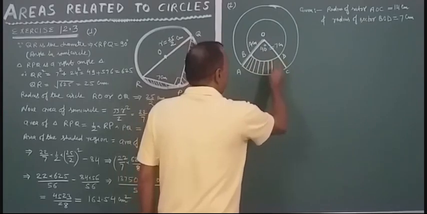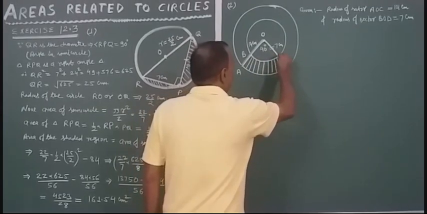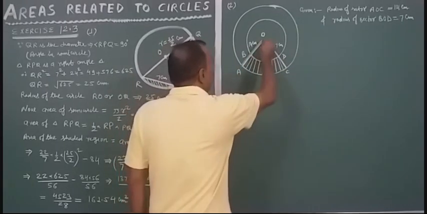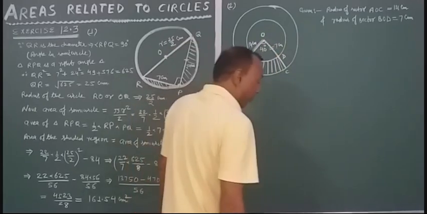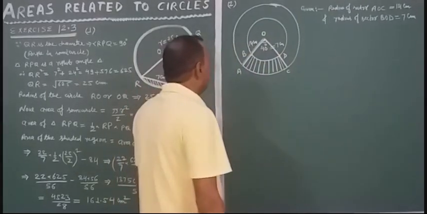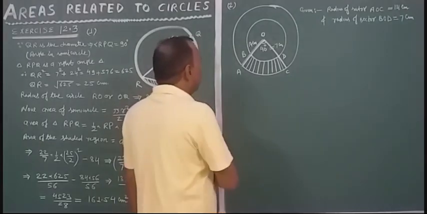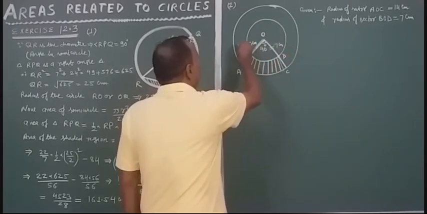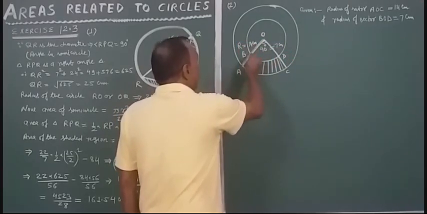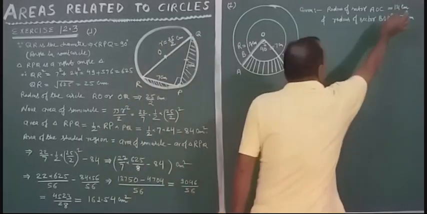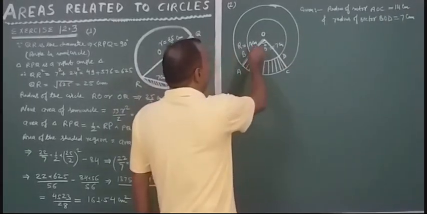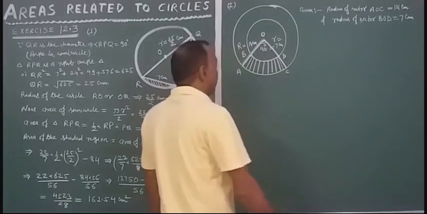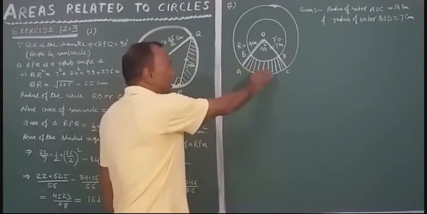This is the shaded region area. So we have given the names A, B, C, D and O and this angle is given 40 degree. Sector angle is given 40 degree. Is it okay? Now first, the radius of the sector AOC. This is the sector AOC and this is the greater radius R. R is given 14 centimeter and the radius of the sector BOD, this small r, is given 7 centimeter. The question is, you have to find this shaded region.